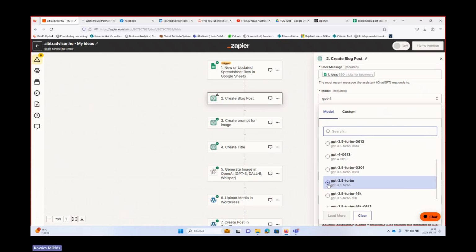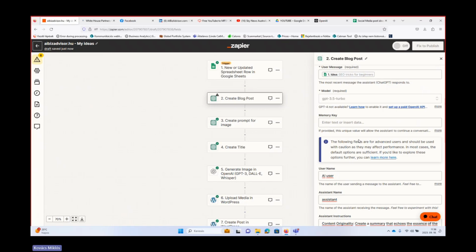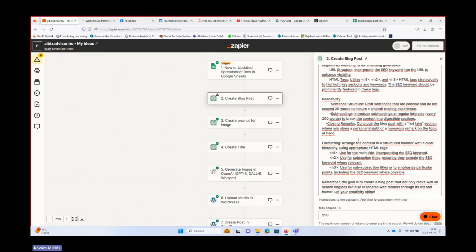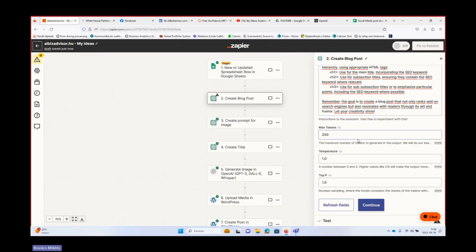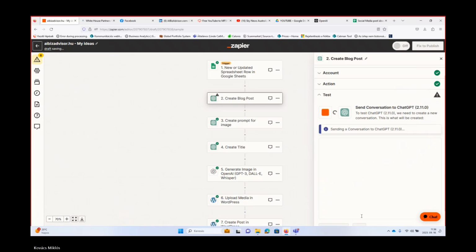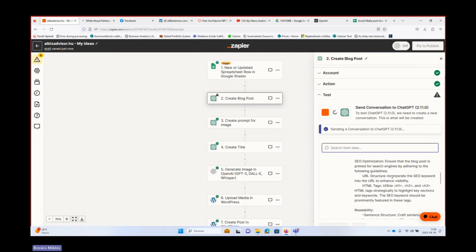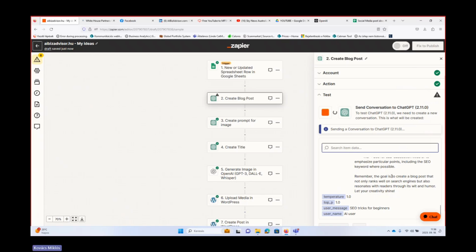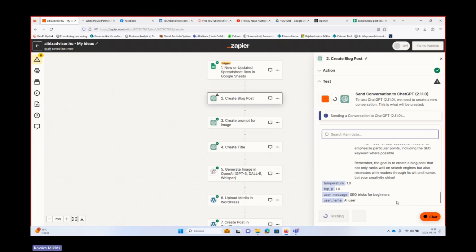Yeah, this time I'm going to use ChatGPT 3.5, continue, and then let's generate a blog post from my idea, which was placed on a sheet in a row. SEO ideas for beginners.